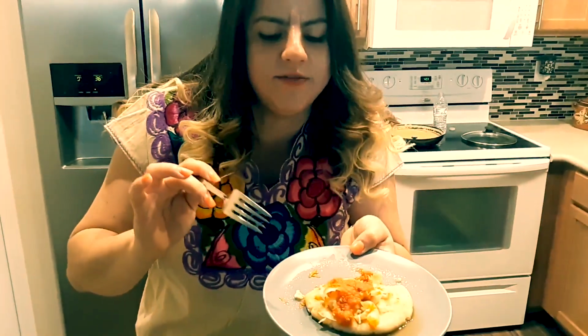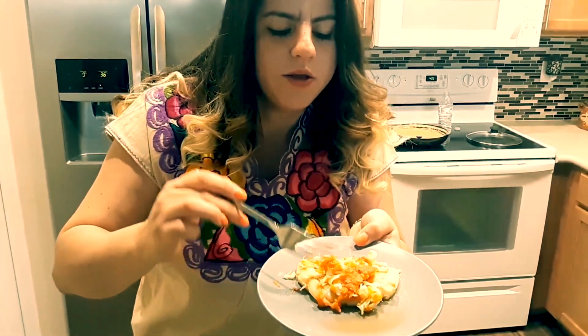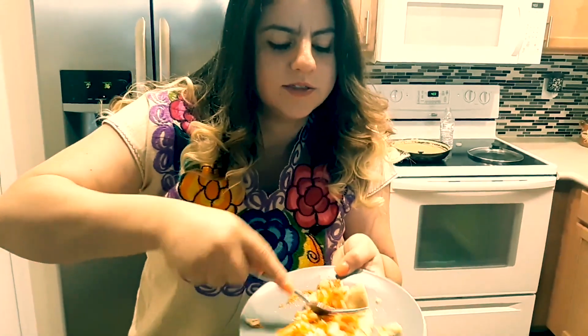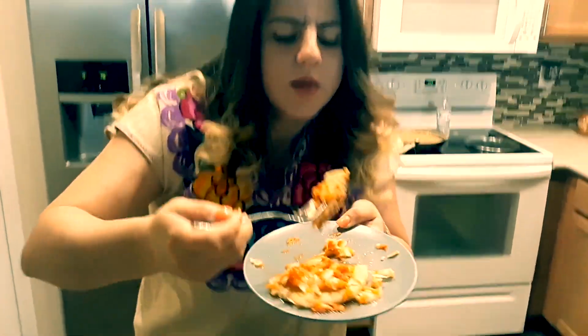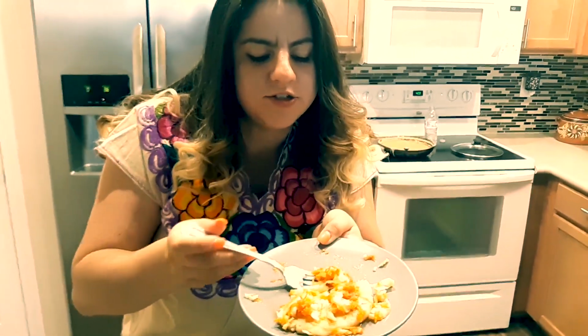You want to eat like kind of a... One more bite for you, please. Look at this. Look at this. Everything, all the combinations